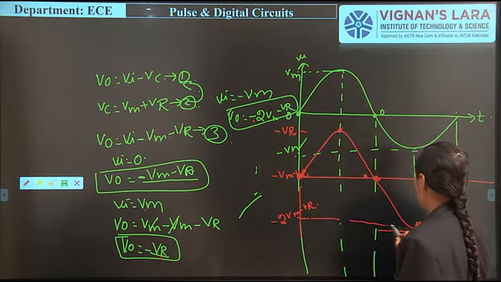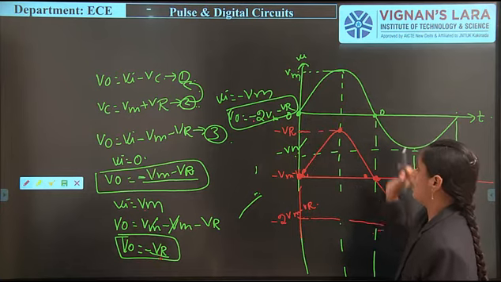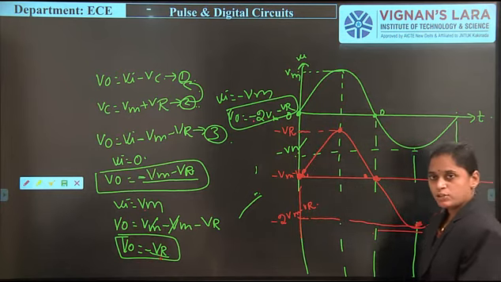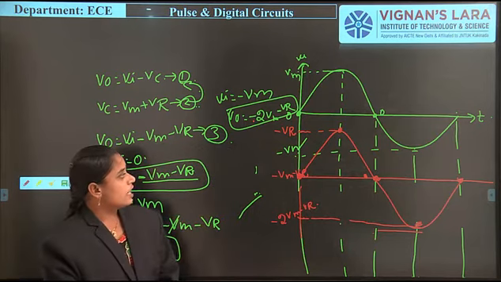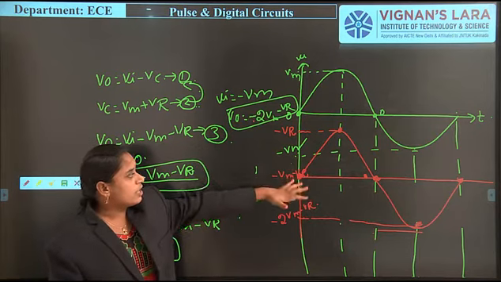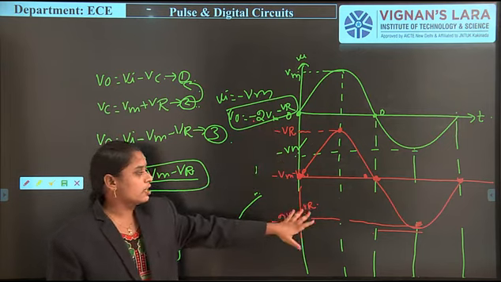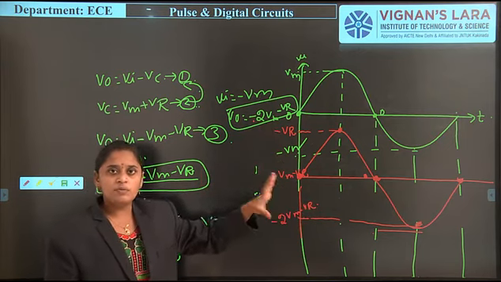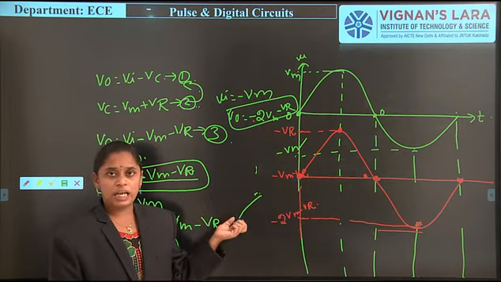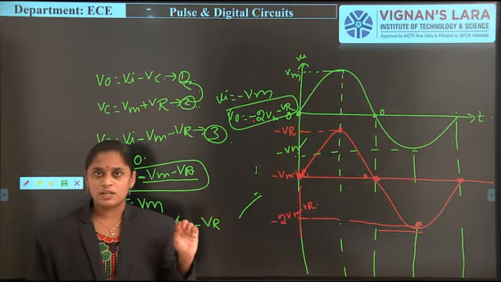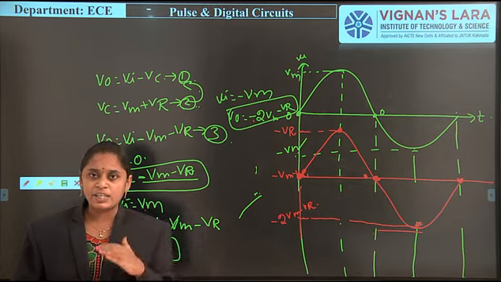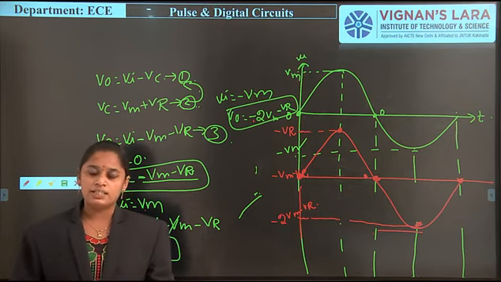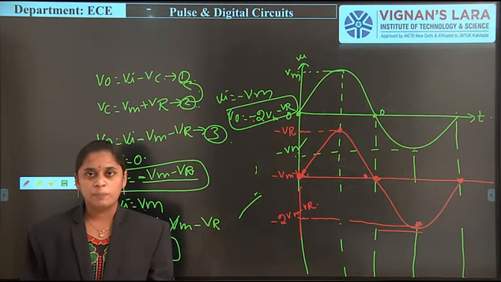So these are the conditions. Simply, it is a negative clamper with a negative reference voltage. It shifts the signal to the below DC level with a reference of minus Vr. So this is the output waveform for a negative clamper with a negative reference voltage. Up to this we complete the negative clampers, which shift the signal to the below DC level. These are also known as positive peak clampers.